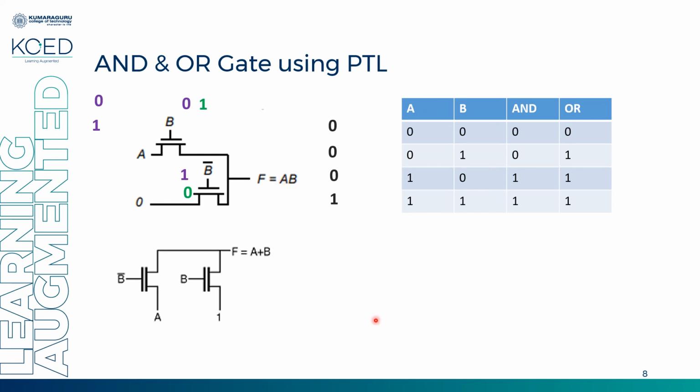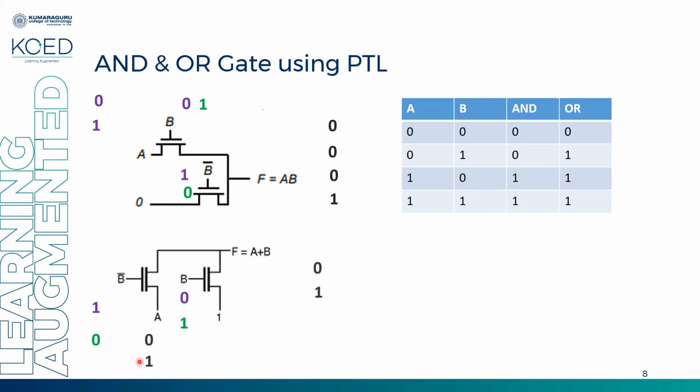Now what about OR? First 0 0 combination. 0 for A, B also 0. If B is 0, B bar is 1. So now NMOS will turn on for the B bar transistor. This transistor will remain on, and 0 will pass across this. So here I will obtain my value 0. Now next, A is 0, B is 1. 0 1 combination. If B is 1, what about B bar? B bar will be 0. So this transistor will turn on for a higher value. So 1 will pass across this. This will act as a closed switch, passing 1 to F. I obtain a 1.